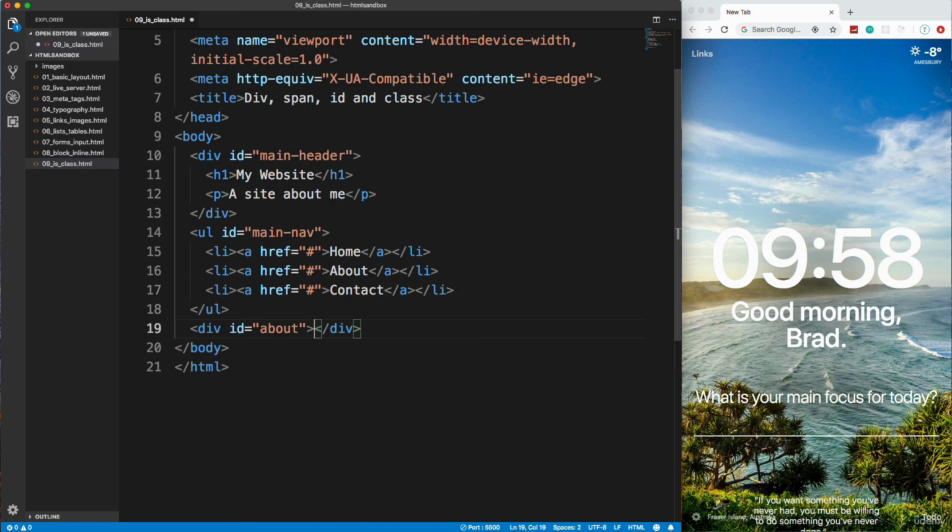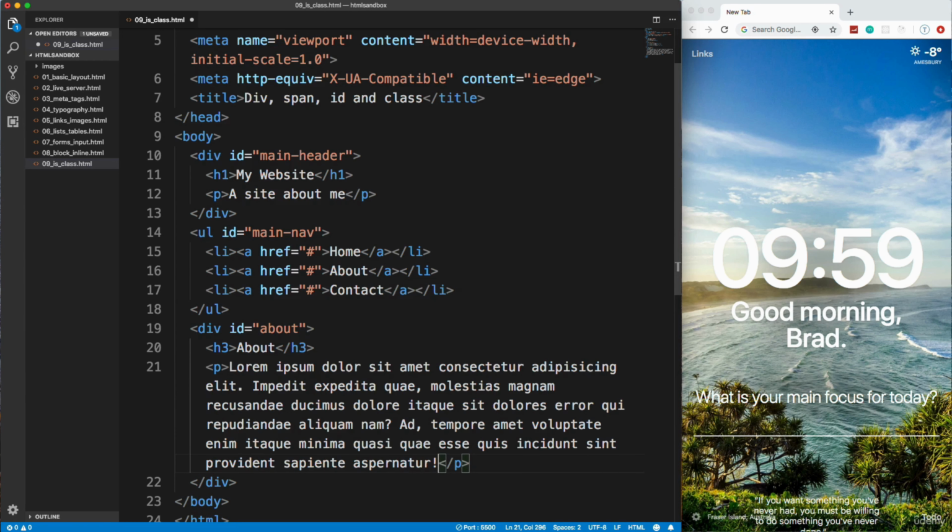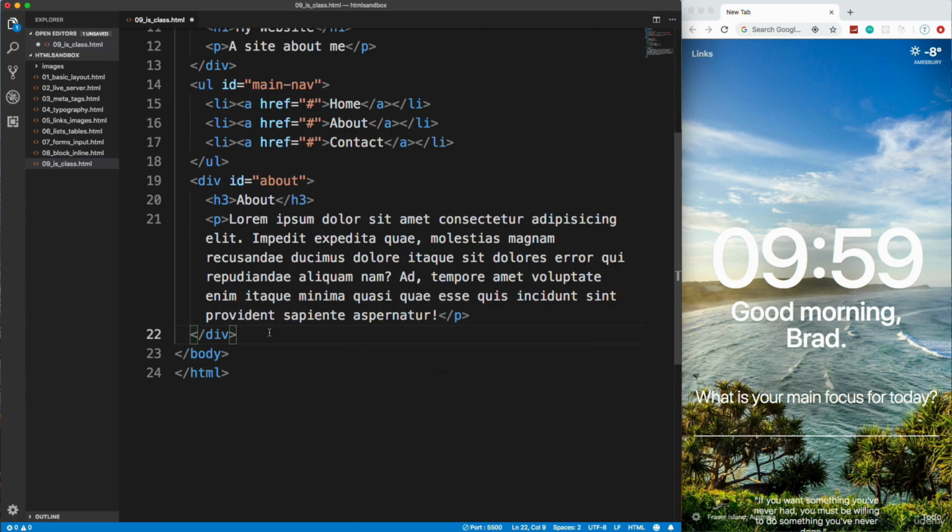Okay, so nice little tip there. And again, you don't have to use it, but it will make you write your HTML much faster. So let's say in this about we have an H3, which is a heading. We'll say about, and then maybe a paragraph with some text. We'll just generate some dummy text here. Okay, and then maybe under that div we have, let's say, an area for